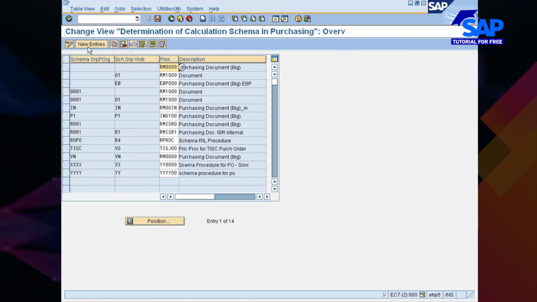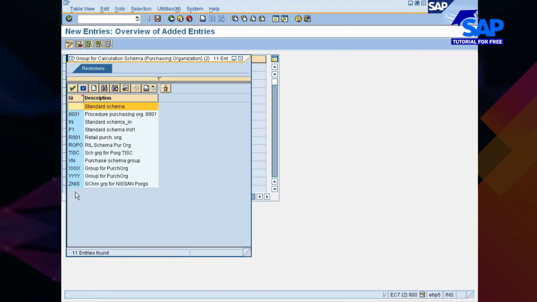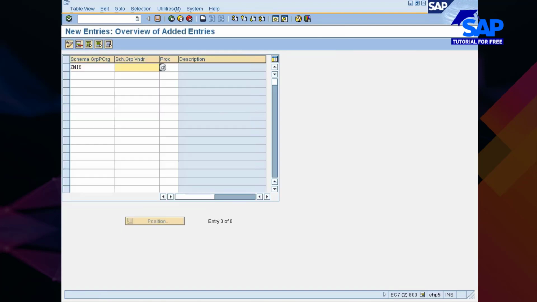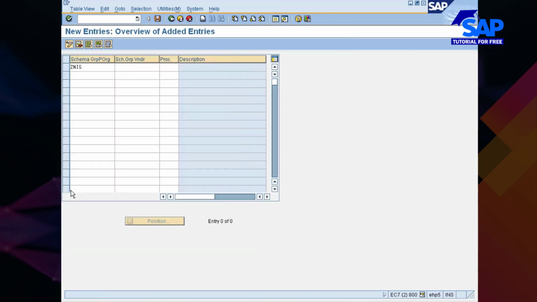Now look for new entries. What's your schema group for purchase organization? ZNIS. What's your schema group for vendor? ZN. Okay, and then what is your pricing procedure? ZNIS00, isn't it? That's the one that you have created.